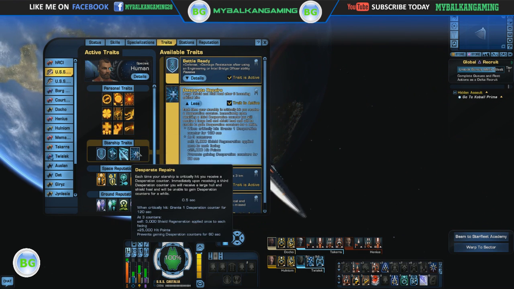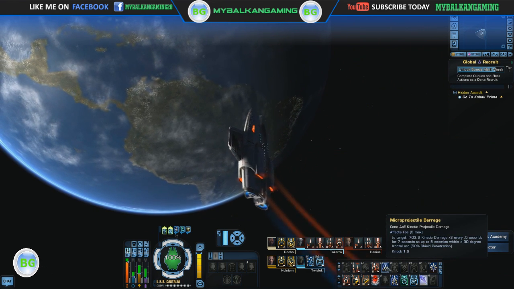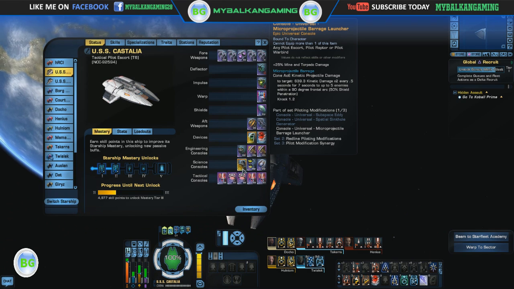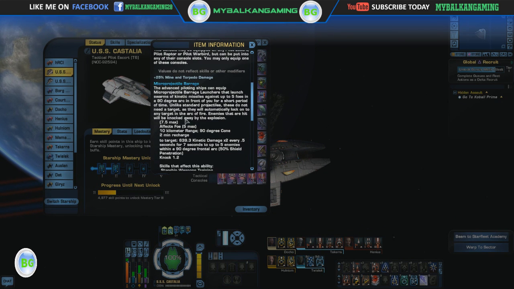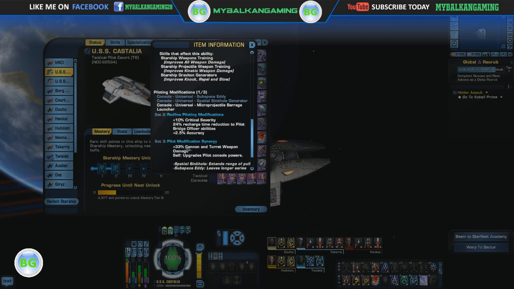You also get a new universal console called Micro Projectile Barrage Launcher. So the Mercury comes equipped with this universal console that launches swarms of kinetic missiles against up to 5 foes in a 90 degree arc in front of you for a short period of time. Unlike standard projectiles, these do not need a target, as they will automatically lock on to any target in the